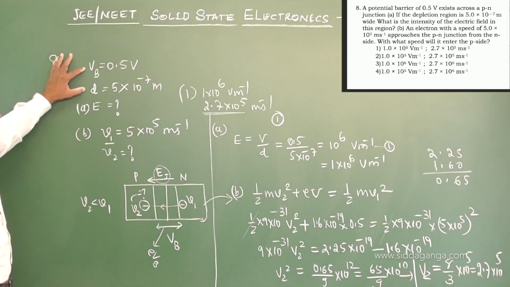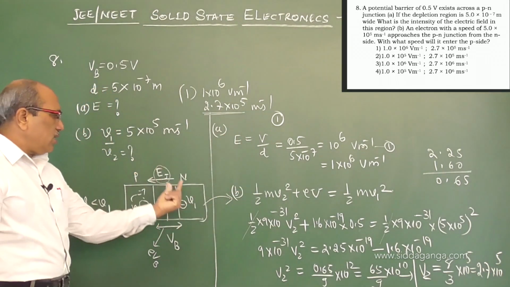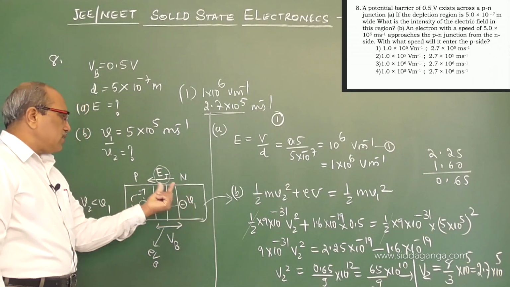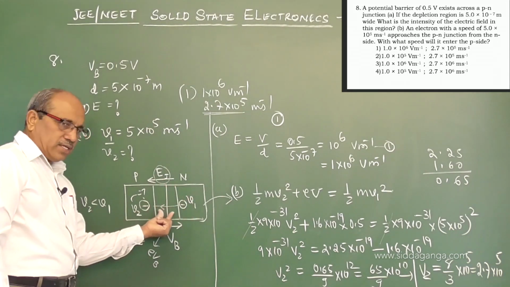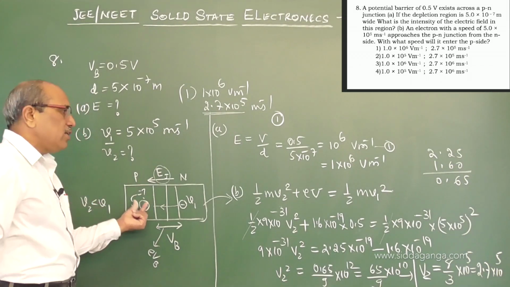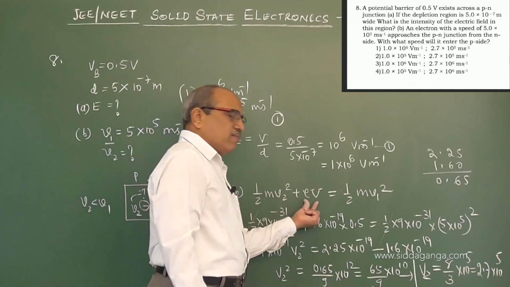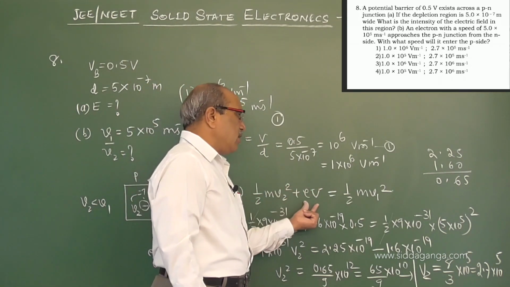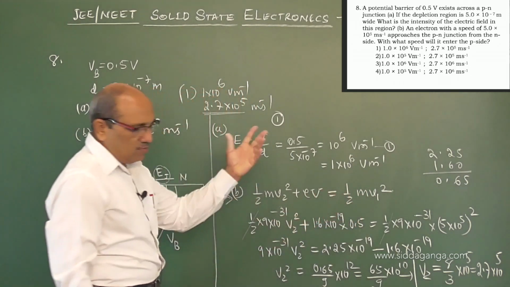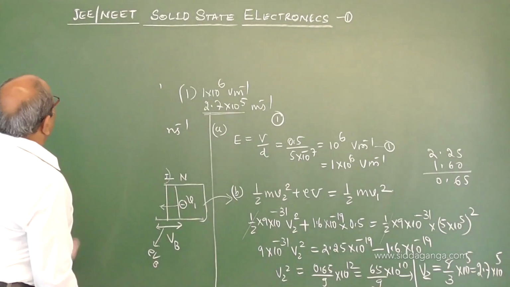This is simple directly, E equals V by D. But in this question, the electron has a finite kinetic energy, but out of this something will be lost to overcome the barrier, the remaining appearing as kinetic energy which accounts for the speed. Therefore, what we did is kinetic energy in the P region plus eV, the energy equivalent of the barrier, equals the energy the electron originally had. Simplifying, we got the answer. Coming to the next question.